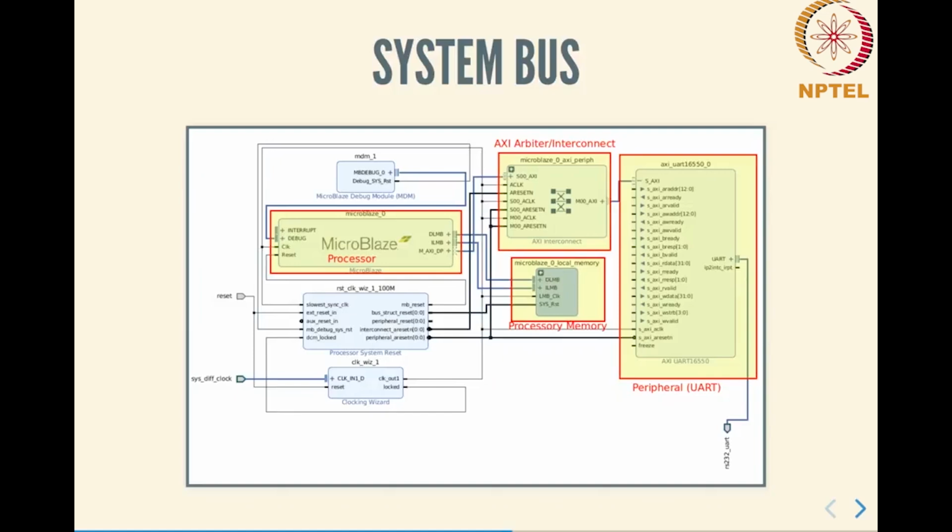The processor communicates with each of these devices by means of something called the system bus. Now, at a very basic level, a bus is just a collection of related wires. What makes it useful is when specific modes of functionality are associated with the values on the wires. For example, if you have a flip-flop with a D input and a chip-enable input, the combination of these two could be considered a bus. The idea being that when CE is equal to 1, D will be written into the flip-flop. So they are two related signals, and the combination of them specifies a functionality more than either one of them